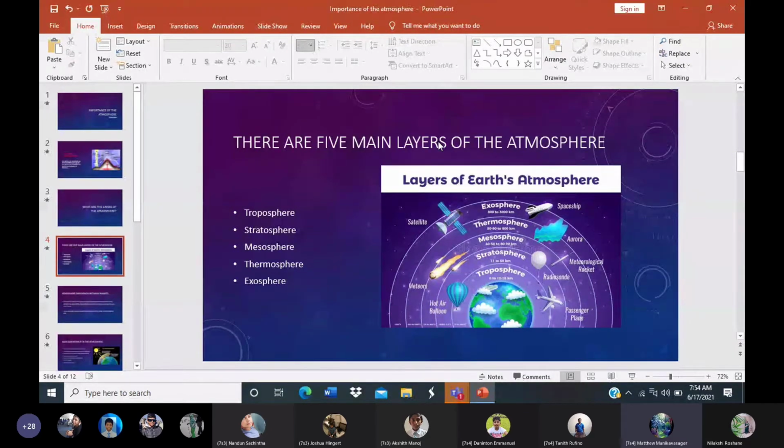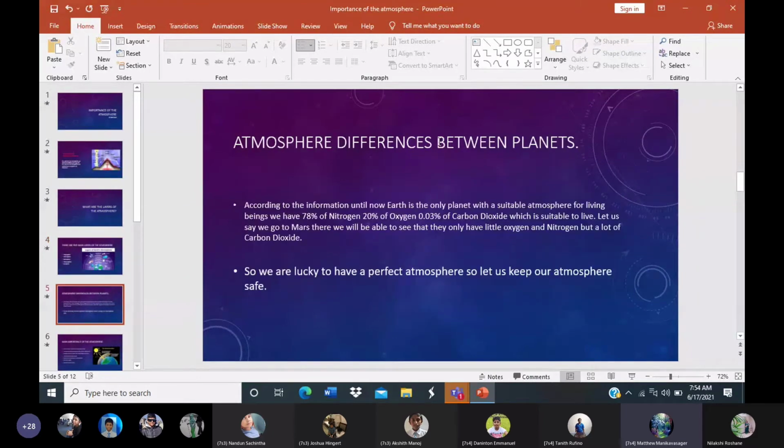Now let us see atmospheric differences between planets. According to the information until now, Earth is the only suitable atmosphere where living beings are there. We have 78% of nitrogen, 20% of oxygen, 0.03% of carbon dioxide, which is almost perfect and suitable to live. Let us say we go to Mars. There we will have a little oxygen and nitrogen, but a lot